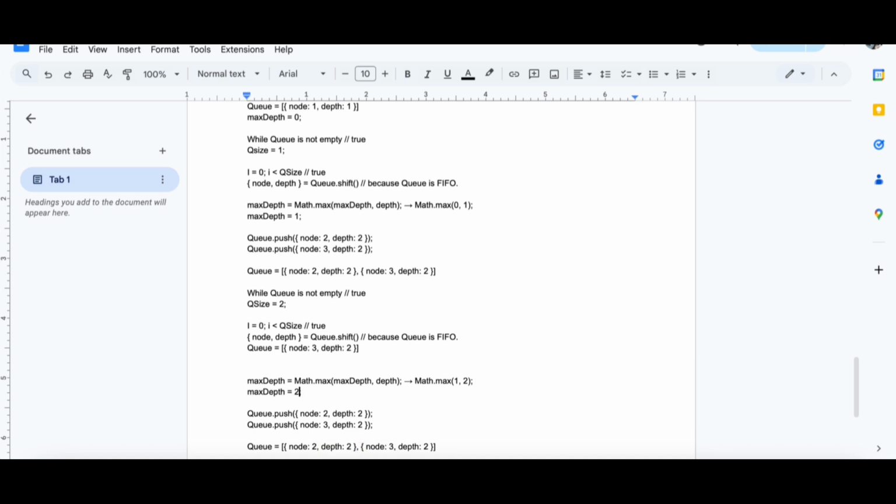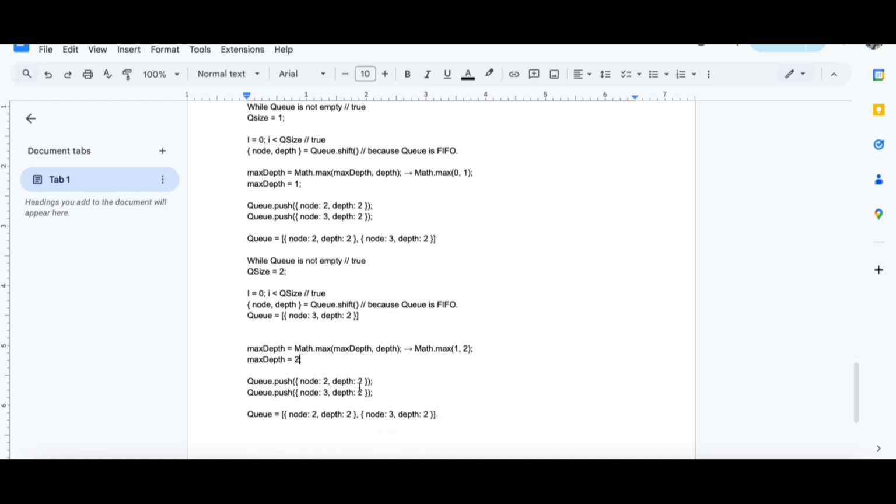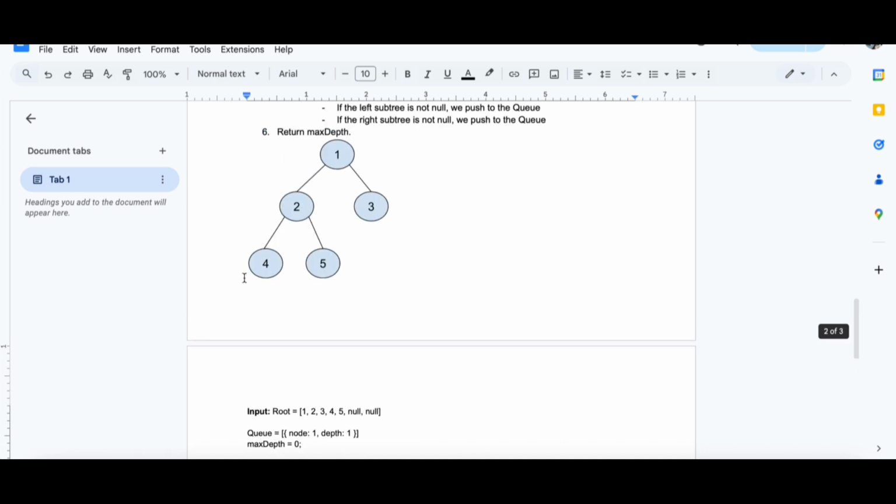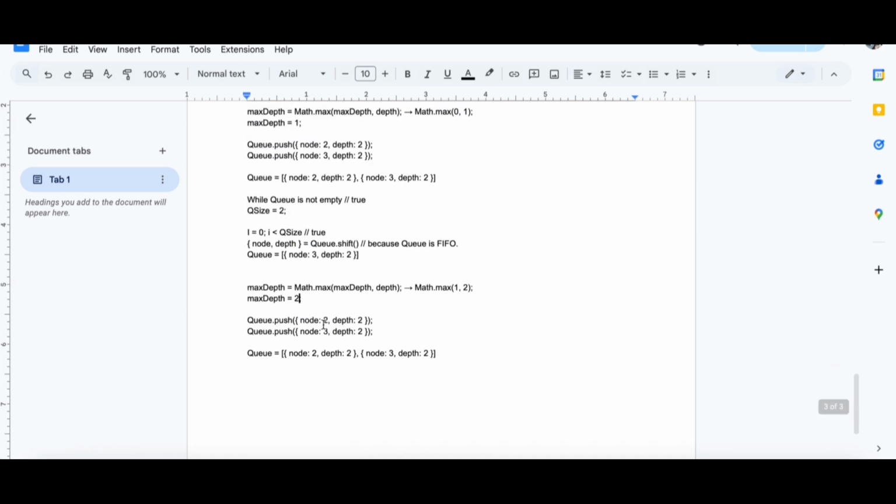Then this one, max depth now is 2. Then does 2 have any right node and left node? Yes, which is 4 and 5, right? So we're going to push the 4 and 5, and the depth now is 3. This one is 4, this one is 5, then this one is 3, the depth is 3. Okay,